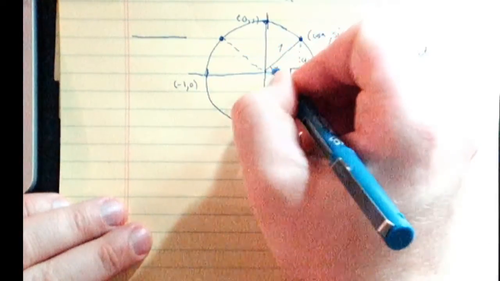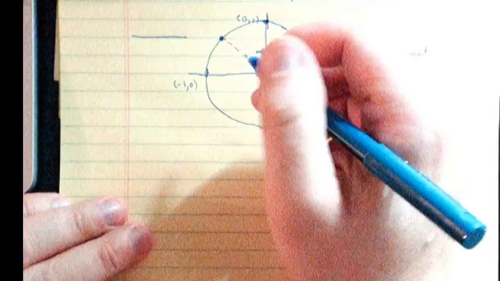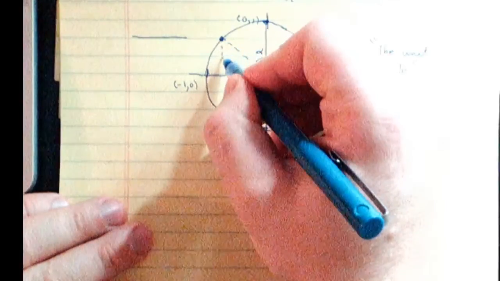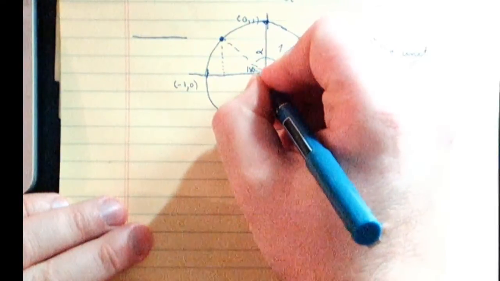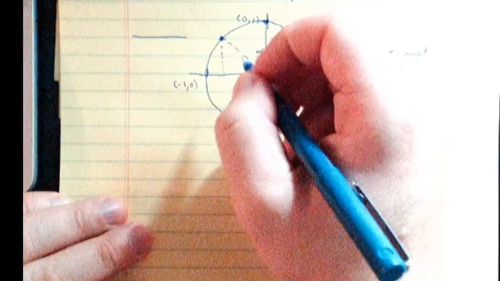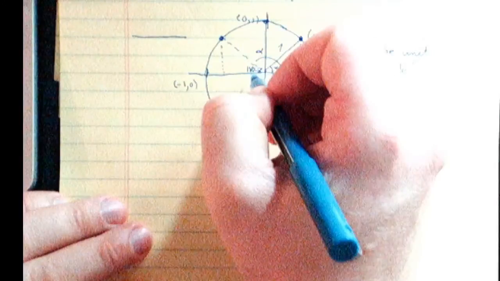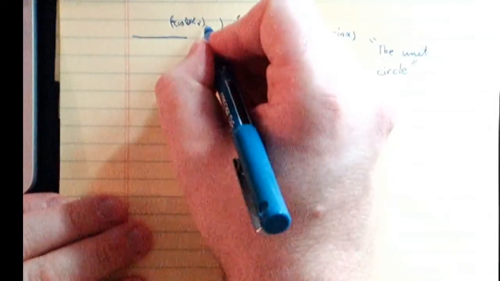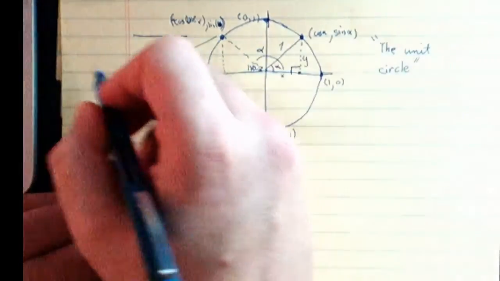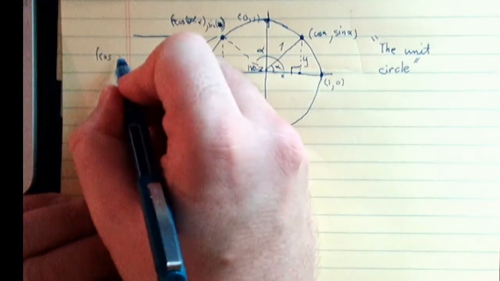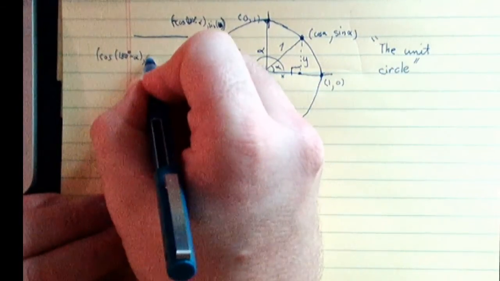What if we have an alpha that's bigger than 90 degrees? What if we're over here? Well, this little angle down here is 180 minus alpha, which is still a value between 0 and 90. So for this point, the x value is now negative. You can see that. We're in quadrant 2. So this value here is cosine of 180 degrees minus alpha in the minus direction, comma, sine of 180 minus alpha. So again, that value there is cosine of 180 degrees minus alpha, comma, sine of 180 degrees minus alpha,